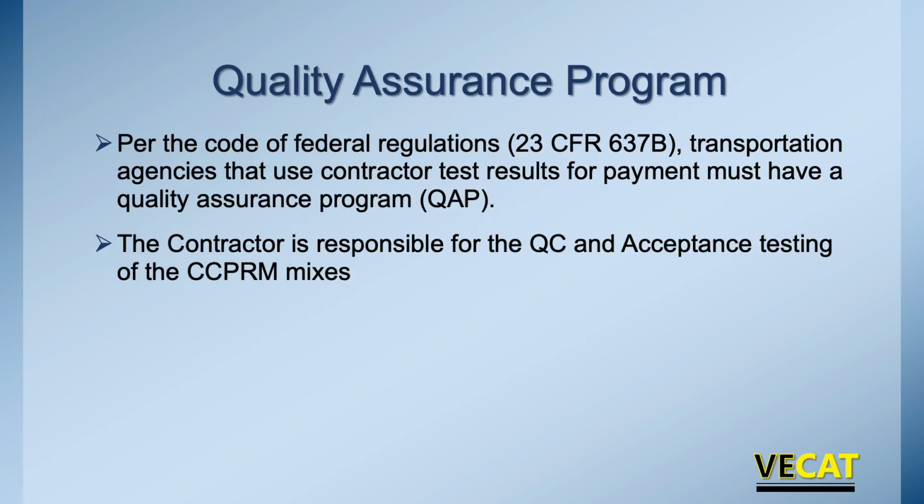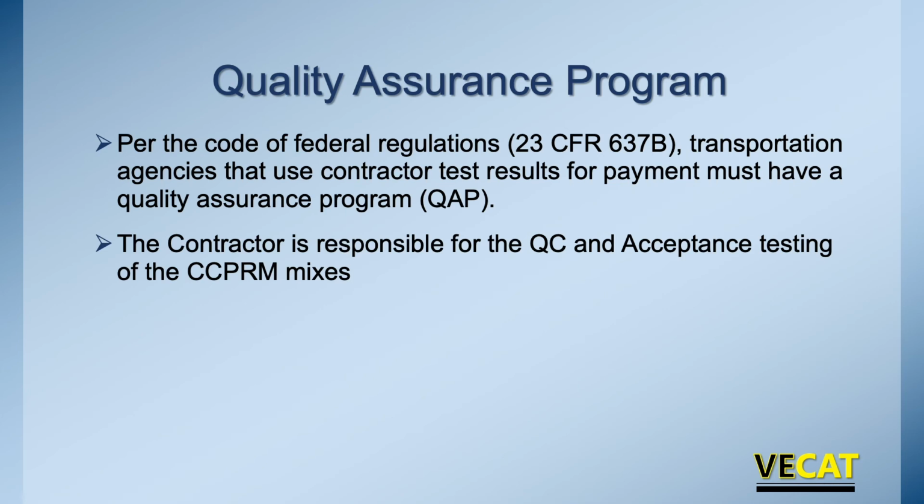Last but not least, let's talk about the quality assurance program. It's laid out in the Code of Federal Regulations. Basically, it says if you use the contractor's test results for acceptance and payment purposes, the owner agency's got to have some process in place to make sure that what they're paying for is correct. So the contractor is responsible for quality control and acceptance testing of the CCPRM and even with the CIR mixes. So contractors doing all the testing, the department or their rep needs to come back behind them and make sure